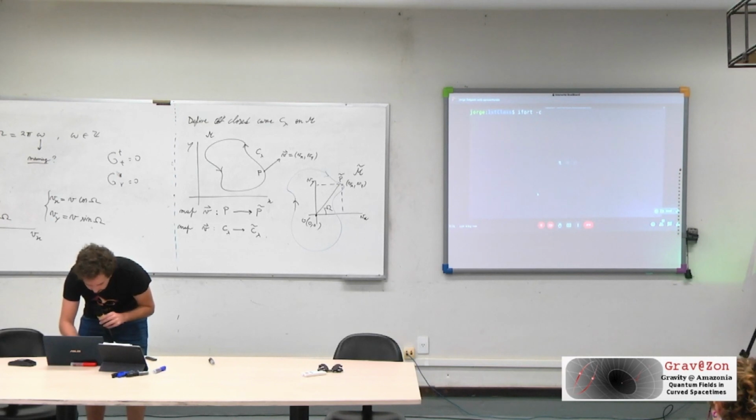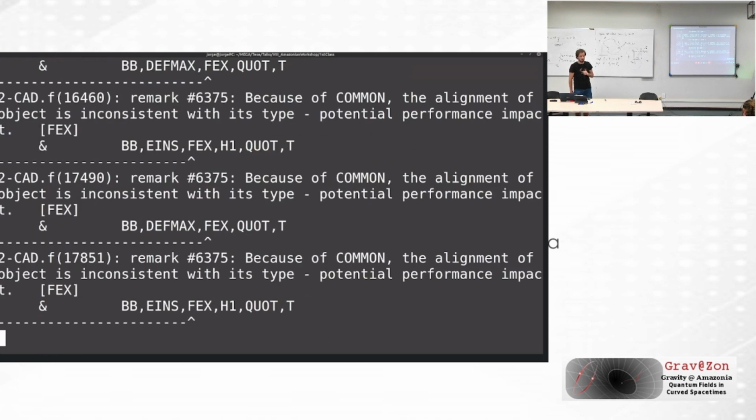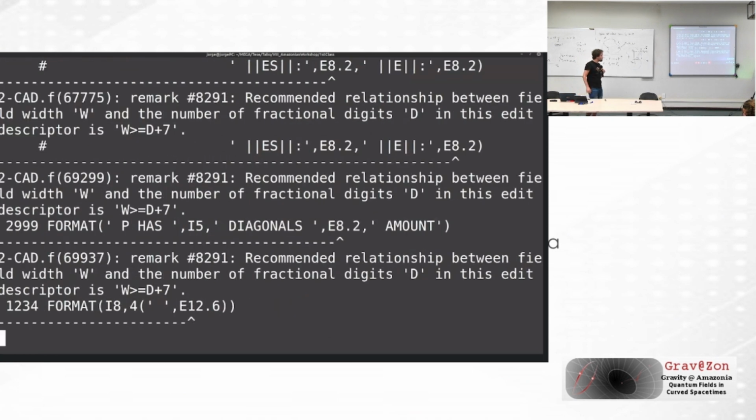Firstly, we compile this one. As you can see, there's a lot of warnings. This will take a bit. After that, you compile the V1 file, and in the end, you can compile everything. Maybe I should have done that before explaining, but let's wait a bit. There's not a lot of time, but